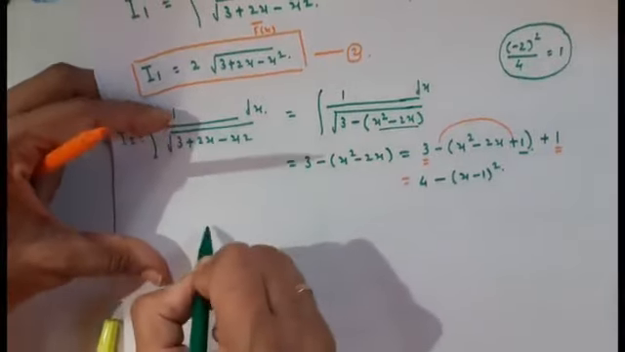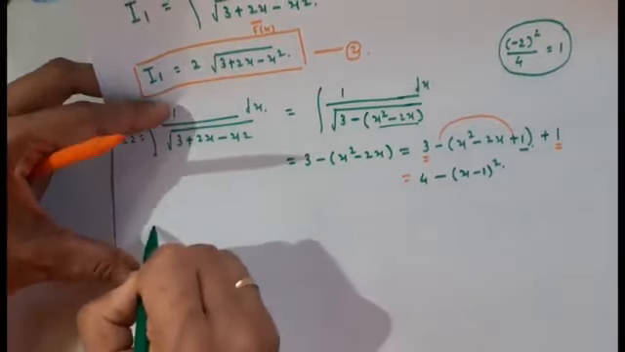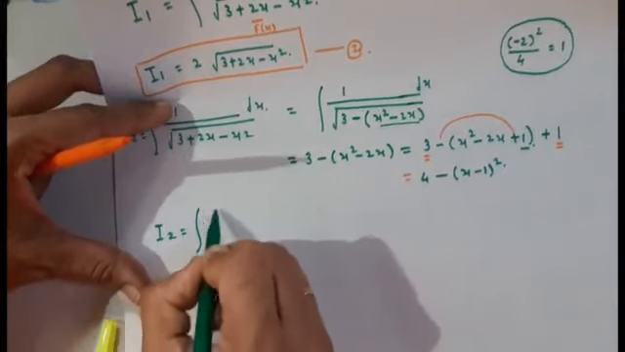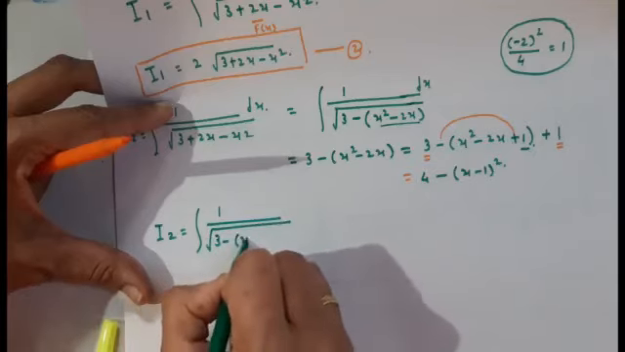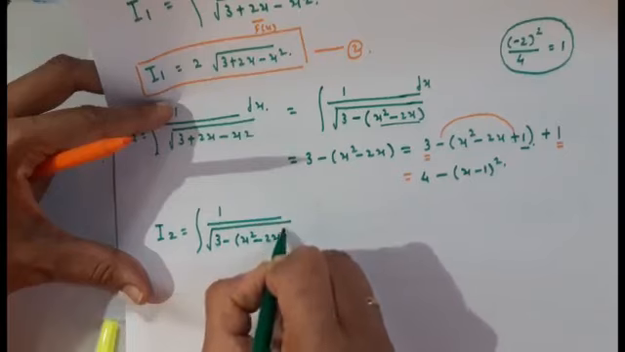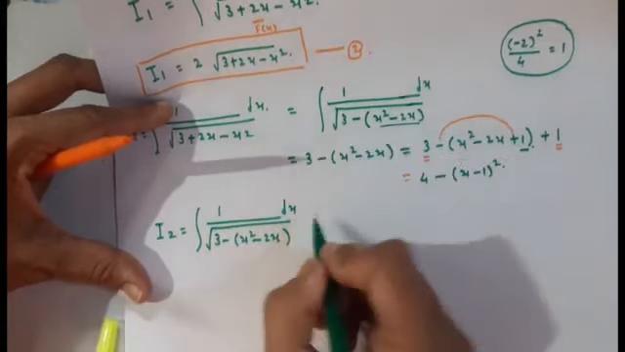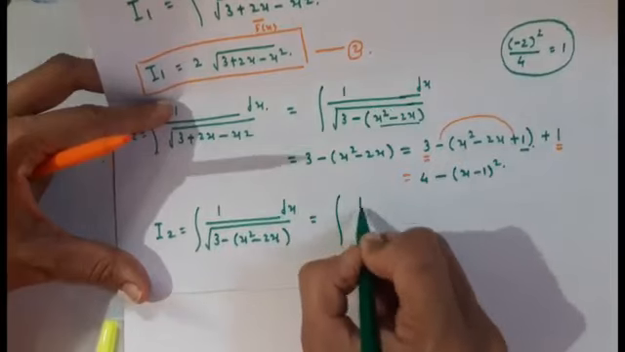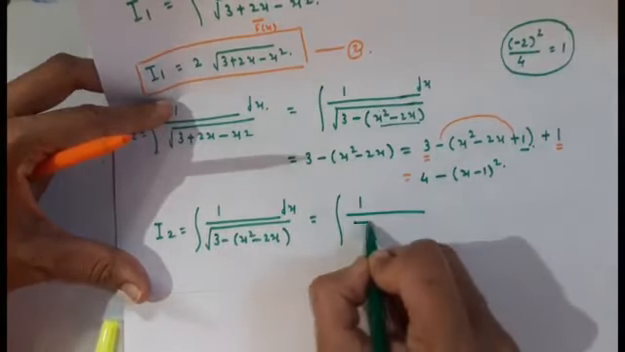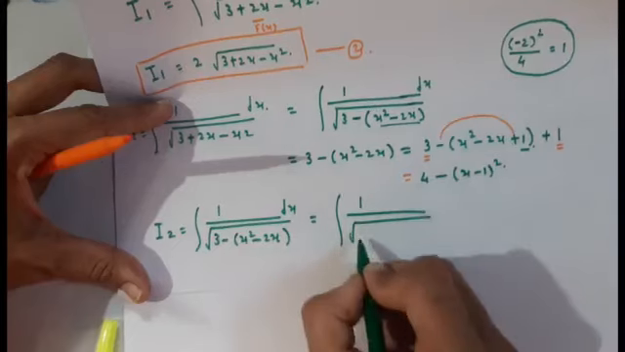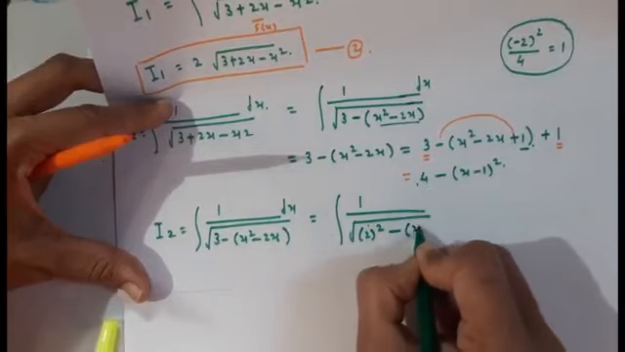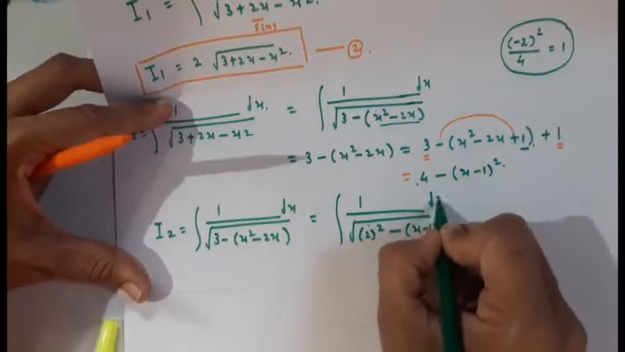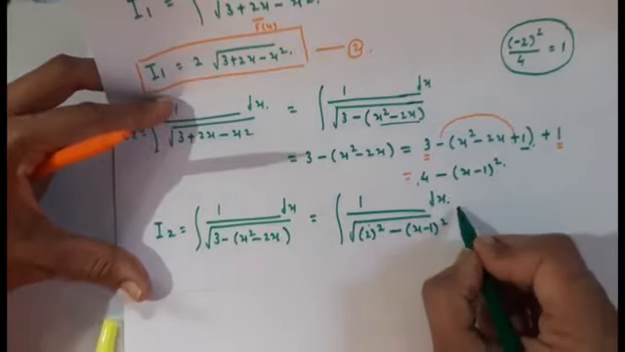And now the integration I2 is equal to 1 upon square root of 3 minus x square minus 2x with respect to x, and that we have adjusted like this: 1 upon square root of 4. 4 means 2 square. Now we will write directly: 4 means 2 square minus x minus 1 whole square, with respect to x. Okay students, and now this is of the form